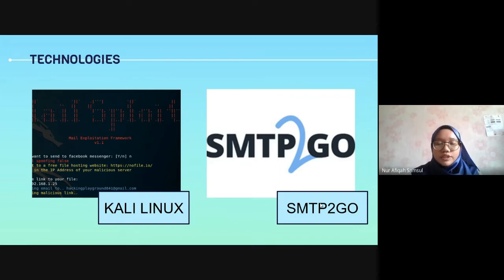The second technology that we use is SMTP2Go. SMTP2Go is a service provider used to send a large number of emails and can monitor the distribution of those emails. SMTP2Go also provides an external SMTP relay service at a competitive rate and integrates with most mail service providers. Besides, it also has clear real-time reports on the dashboard. The reports will show whether our email has been delivered, bounced, marked as spam, or unsubscribed. Next,